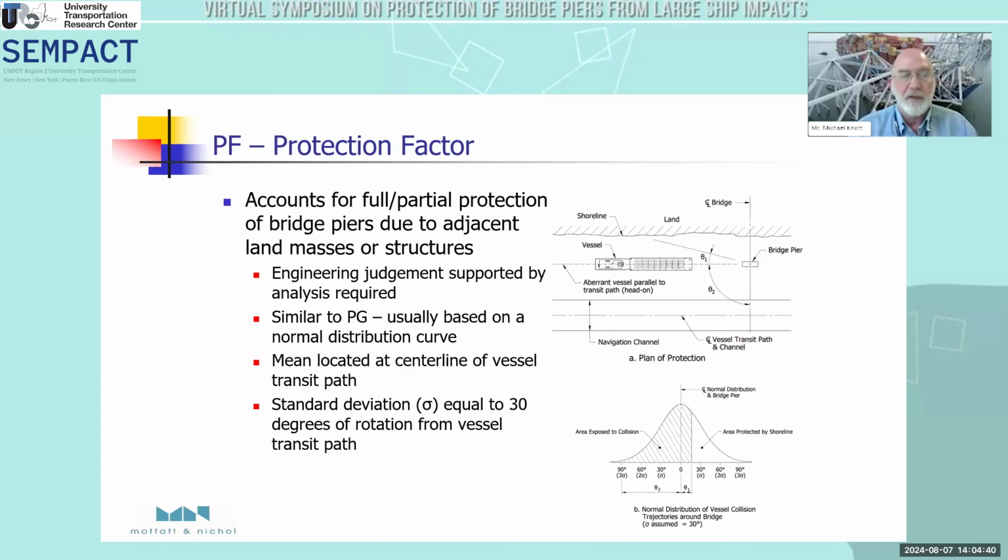Protection factor. If it's a narrow waterway, say for barge traffic, barges aren't going to come at your bridge pier from a lateral direction. They'd be running aground on the riverbanks. So the protection factor accounts for waterways, the riverbanks, and upstream obstacles. This is also where we model our pier protection alternatives, if it's an island or a dolphin or a pier protection structure. Again, we use a normal distribution as a best estimate of what that might look like.